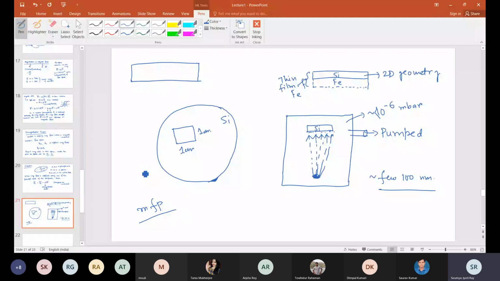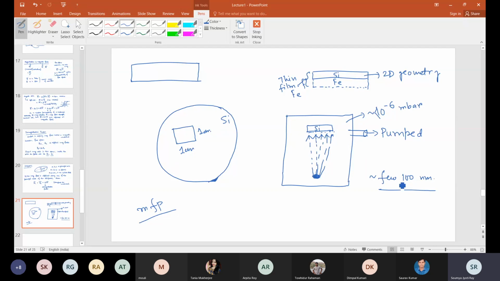Okay. So if we have more pressure here, that means there will be more air molecules, or let's say gas molecules, present here. So the chances of scattering are very high. But if we take this out, then basically there will be almost nothing there. So the mean free path will increase, which means that if I am releasing one iron atom from here, I have a higher chance that the iron atom will reach the substrate. Okay. And also this ambience will be quite pure, so chances of oxidation will be less and everything. Anyway, so that is the main idea.